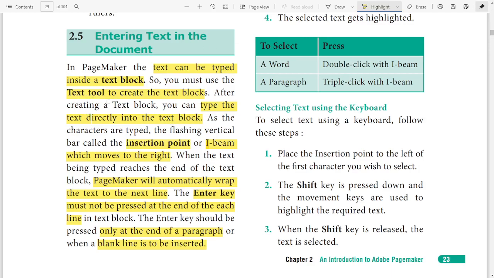After using the text tool, you can type the text directly into the text block. The insertion point or I-beam moves to the right when you enter the text. PageMaker will automatically wrap the text to the next line. We need not press the Enter key all the time. The Enter key is to be pressed only if a blank space or an empty line is needed. Is it clear?